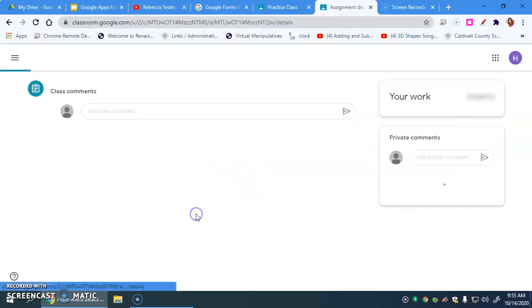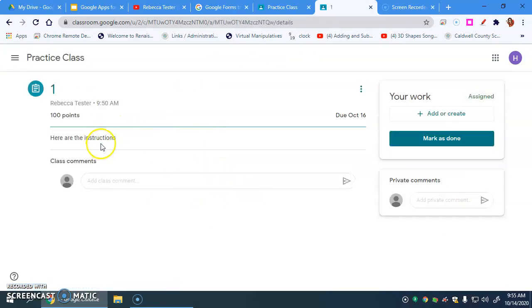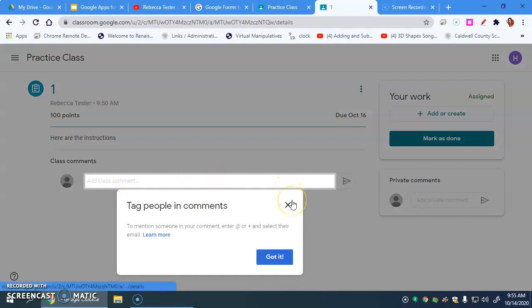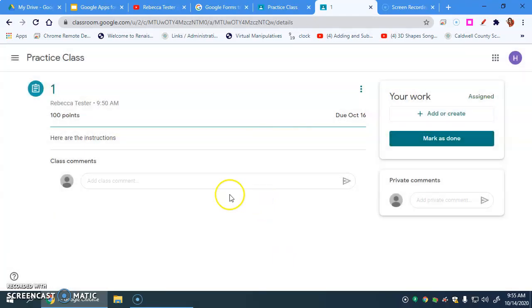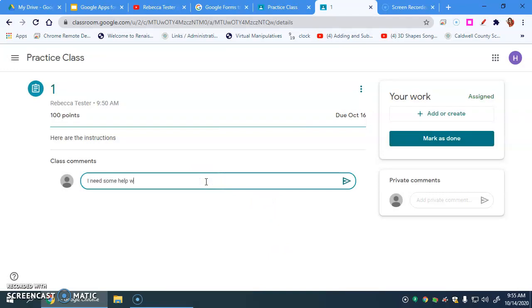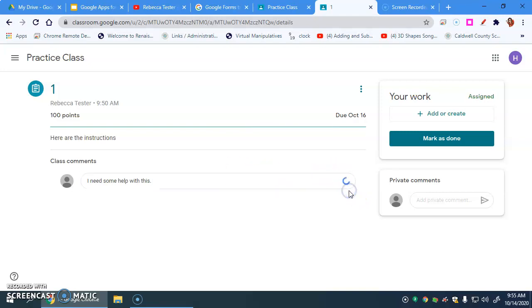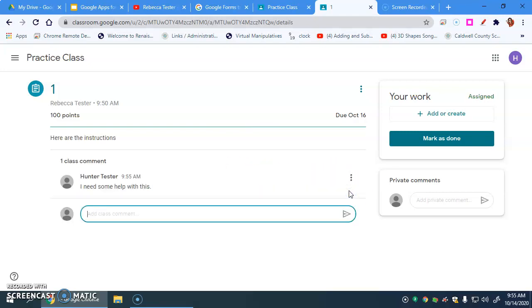You can also click on View Assignment. It tells you what you need to do. You have the option of adding comments here. And as it says here, you can even tag someone by adding their email or entering the @ button so a specific person can see what you say. So, if you leave a comment on the assignment like I just did, it will be shown to everyone in your